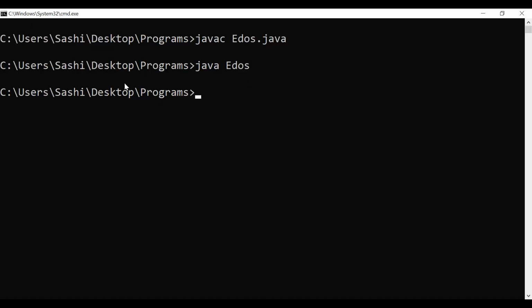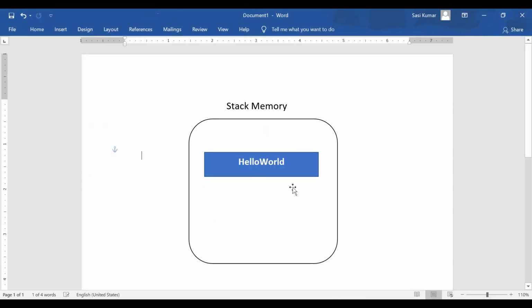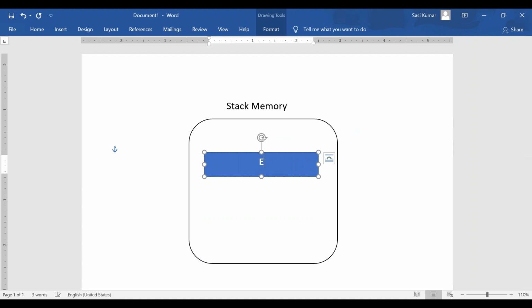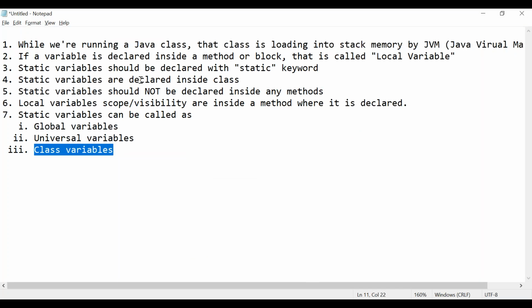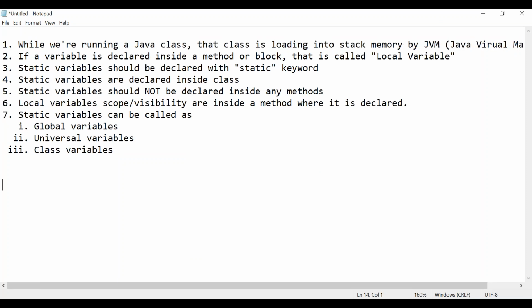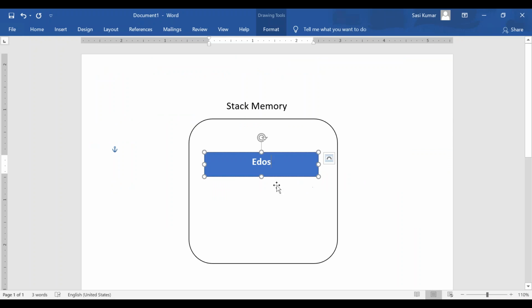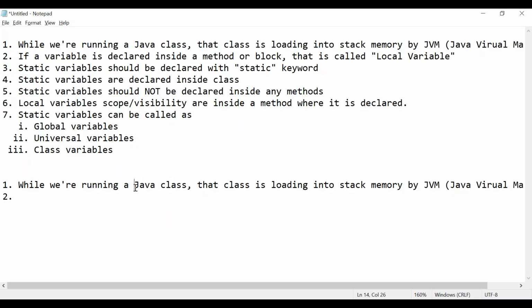What happens here while you are running edos.java? That class is loaded into stack memory. The first point we have seen is that whenever we are running a class, that class is loaded into stack memory. What is the second point?